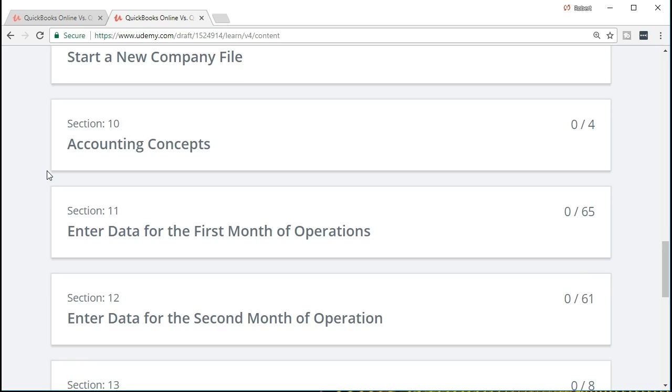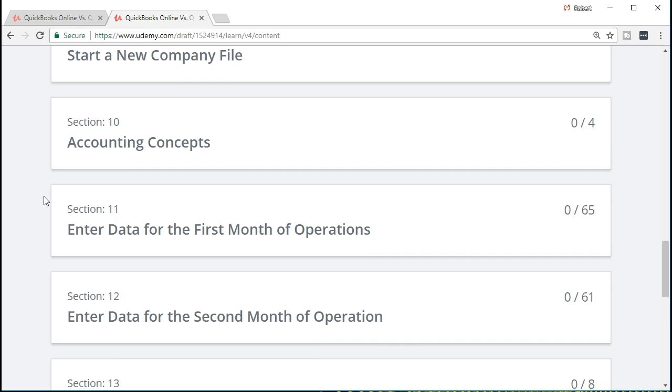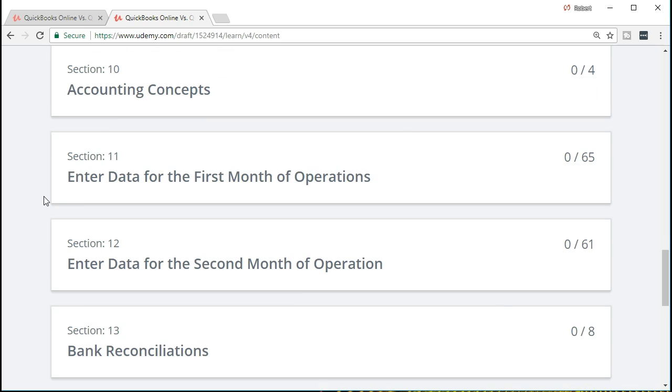Then we're going to set up, we'll have one more accounting concepts here. We're going to talk about some accrual concepts, cash versus accrual concepts, and the revenue recognition principle and the matching principle. These are the core accounting principles that we need to have some understanding of when we do the data entry process, because it'll tell us why QuickBooks is making us do what QuickBooks makes us do, and how the